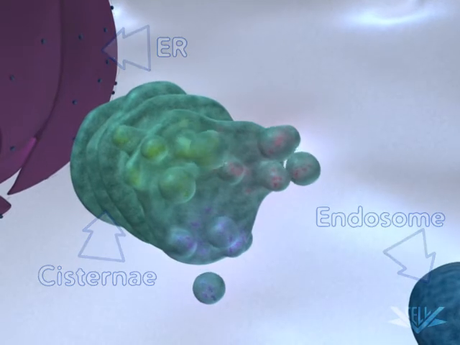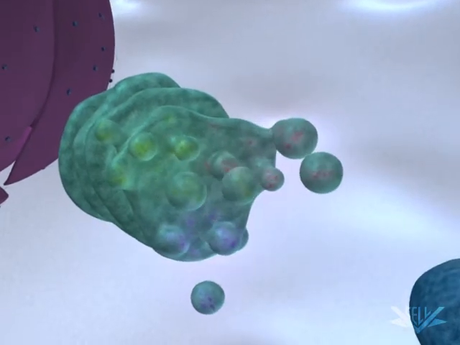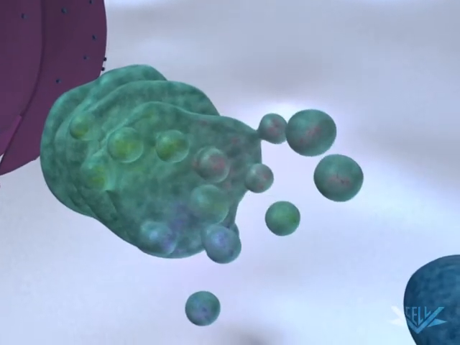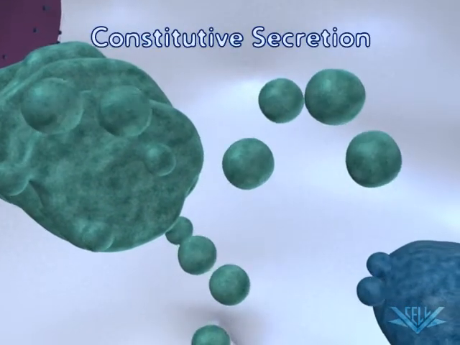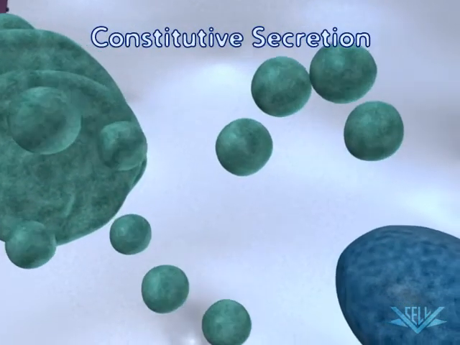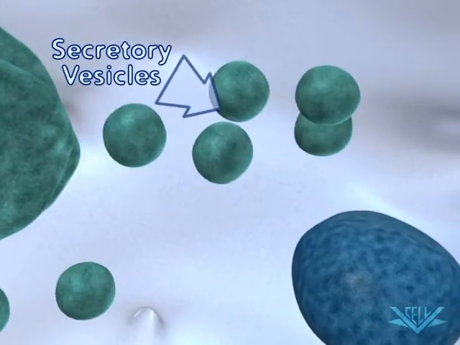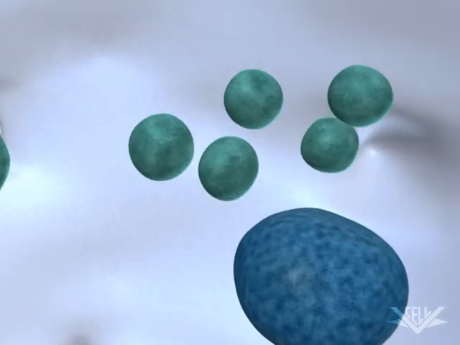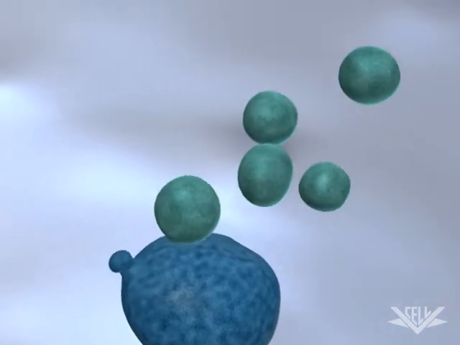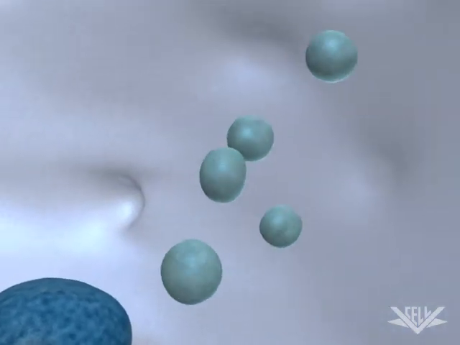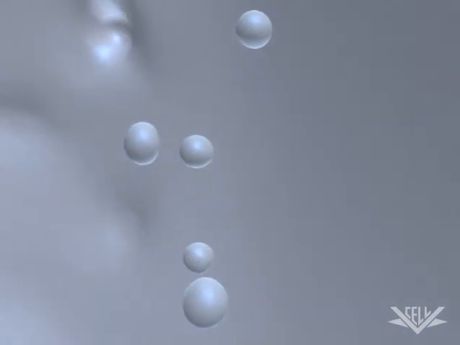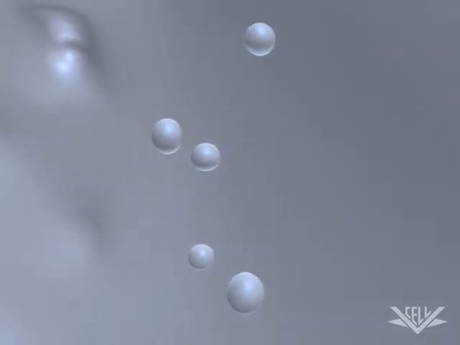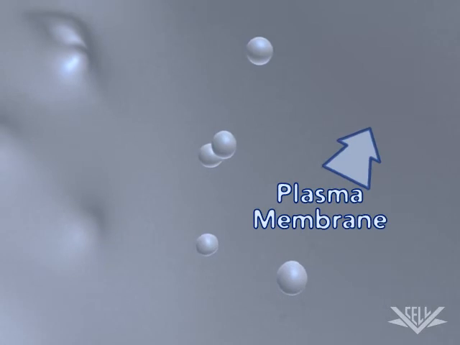These proteins enter the default secretory pathway and are immediately secreted from the cell. Because there is no control over their secretion, this process is called constitutive secretion. Once the secretory vesicle reaches the cell membrane, it fuses immediately with the surface membrane and releases its cargo protein into the extracellular space. The secretory vesicle itself contributes new lipids and its membrane to the plasma membrane of the